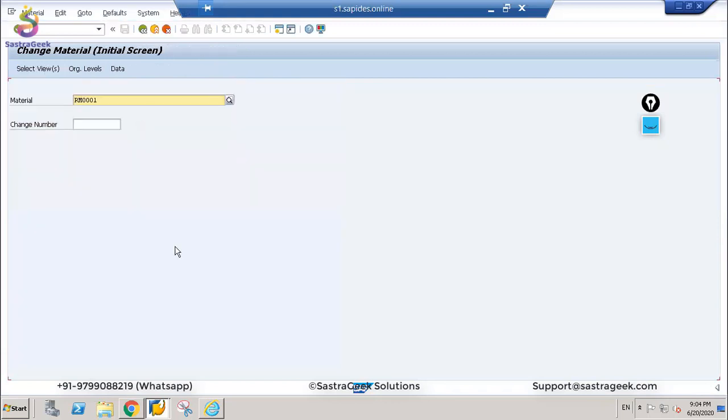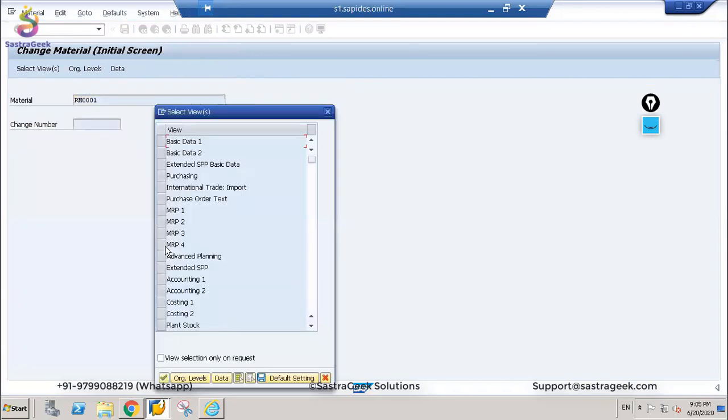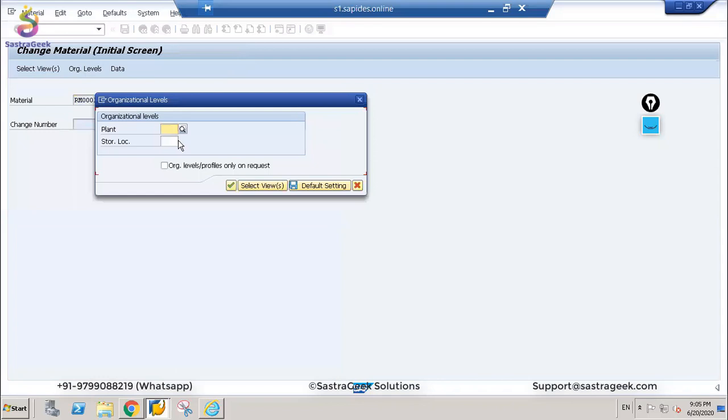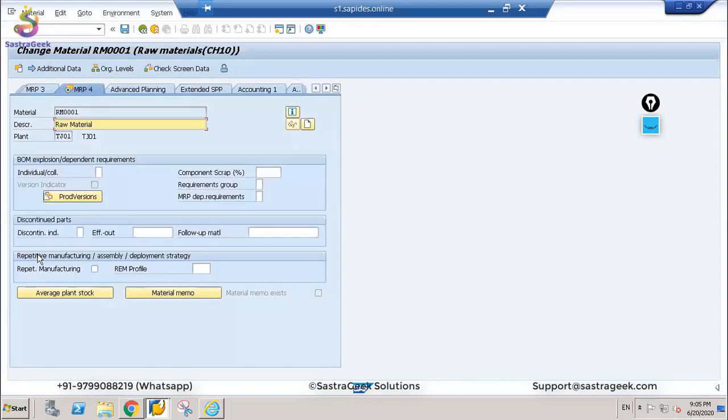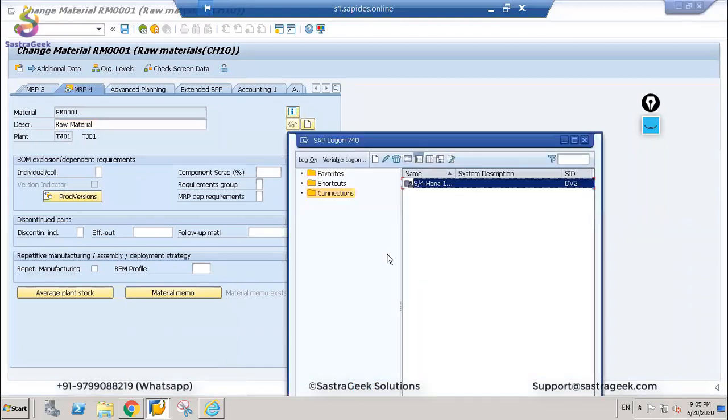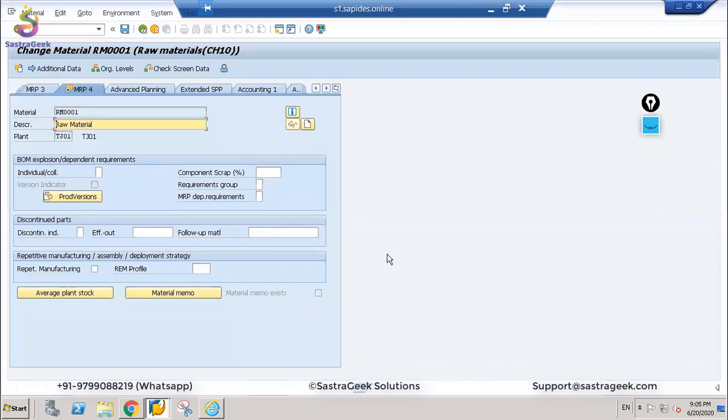Also, I just want to show you in ECC, we were having an additional tab here to exclude the storage location from MRP. Now that tab is not available in SAP S/4HANA. This is 1909. I don't have, I guess, ECC access. I could show you, but maybe in our training session we will get that access and I will show you here. So these are the new simplifications available in SAP S/4HANA.